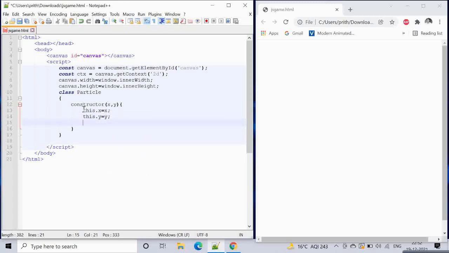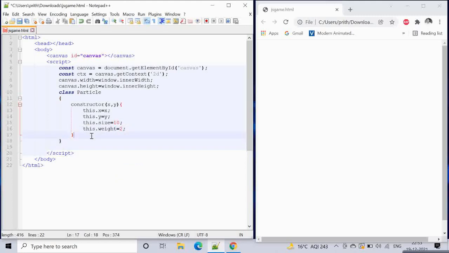What we are basically saying is this particle's value is x, this particle's value is y. We are giving it a size, this.size equals, let's say, 10, and a weight for the particle, let's say 2. That's it for now.